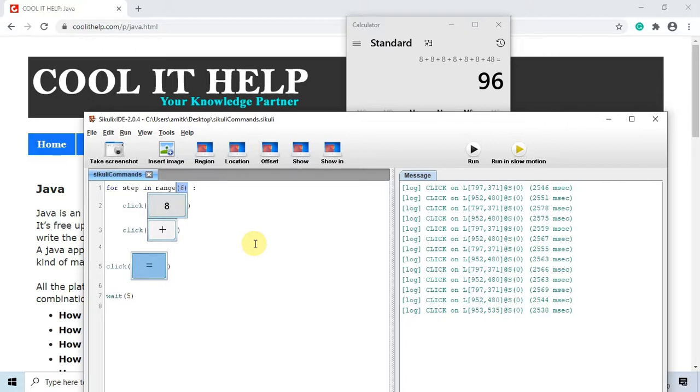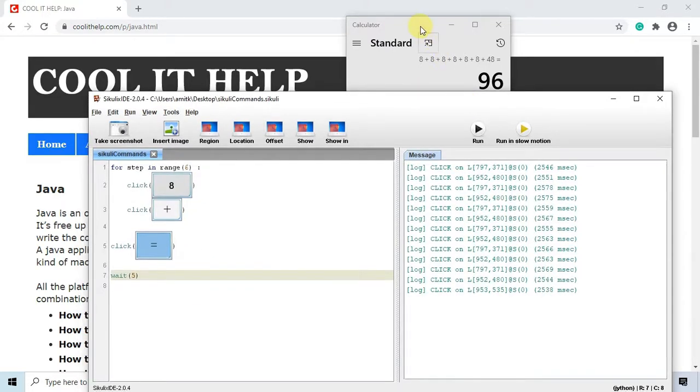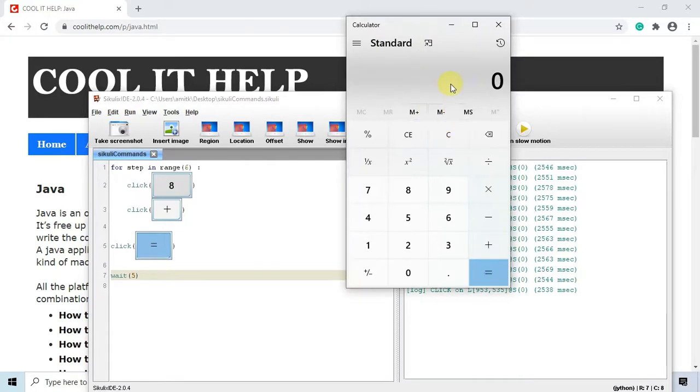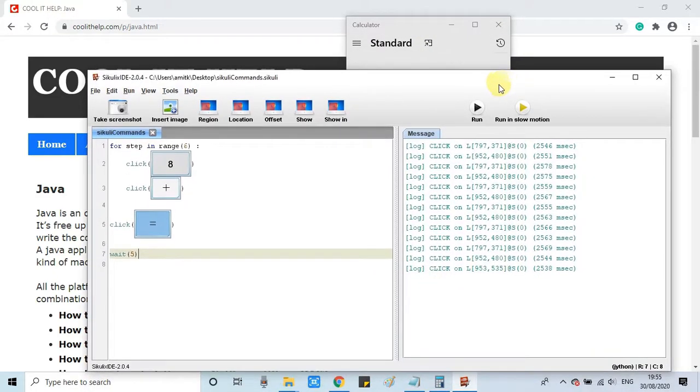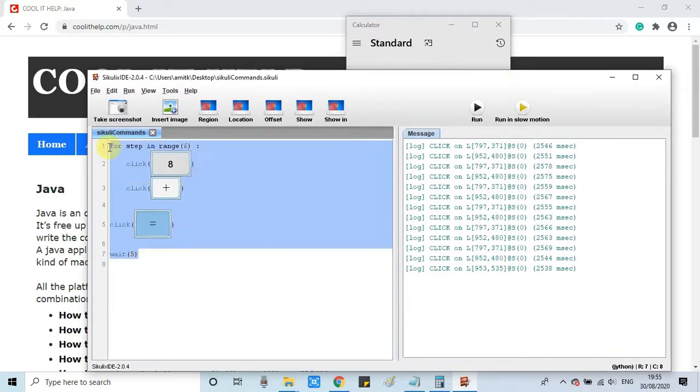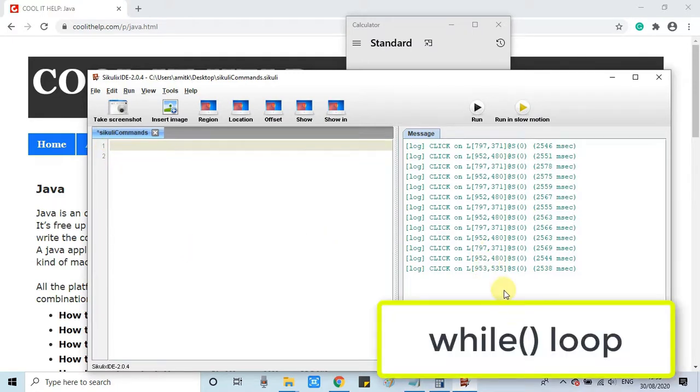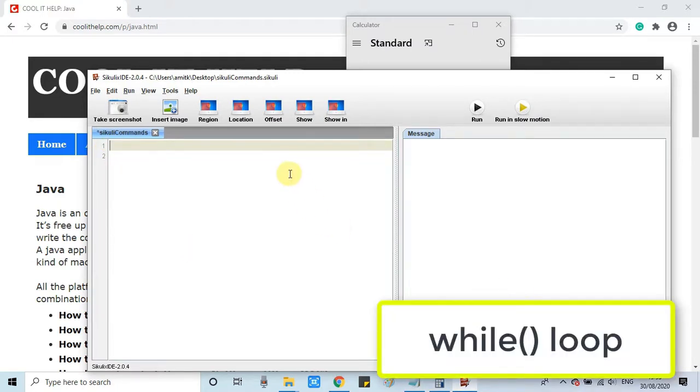Now I will show you the working of the while loop. So we have got some error. Now we will discuss the while loop and how to use it.